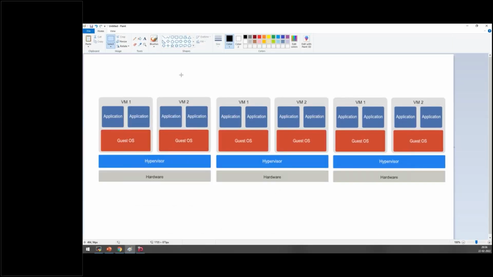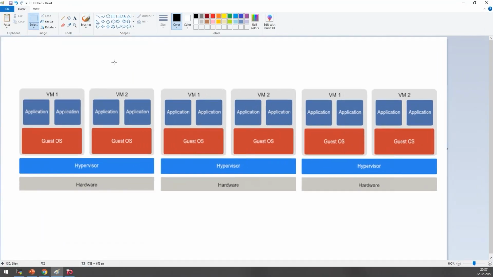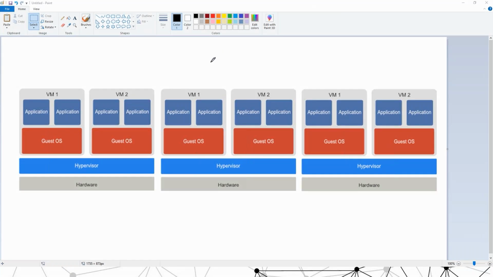Let's say one of my VMs is utilizing the full 2 GB, and the other VMs are utilizing less memory. Although I have dedicated 2 GB to this VM1, in case I'm running out of memory on this particular server, is there a concept of sharing these resources? Got it.